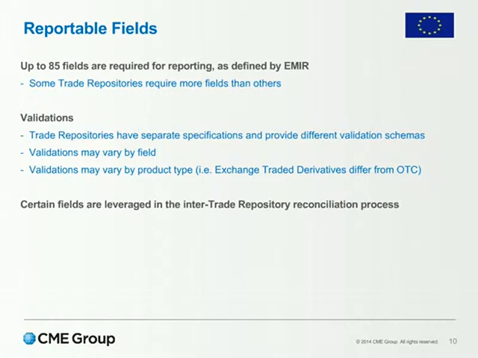Reportable fields, up to 85 fields, more than enough. If you're not sure, I'd put it in. I would put something in some of those fields that are unlikely to be used for anything else, things like beneficiary and so forth, have limited use. So I would recommend, if you're not sure, send in the product. If you're not sure, just put it into a field, because it's a best endeavours basis.